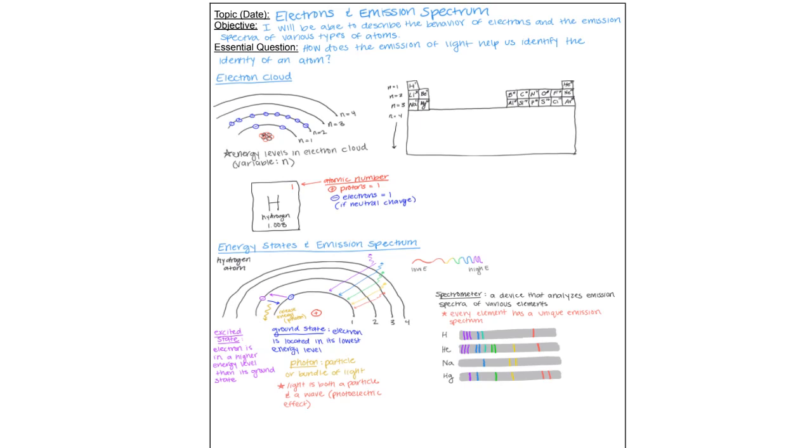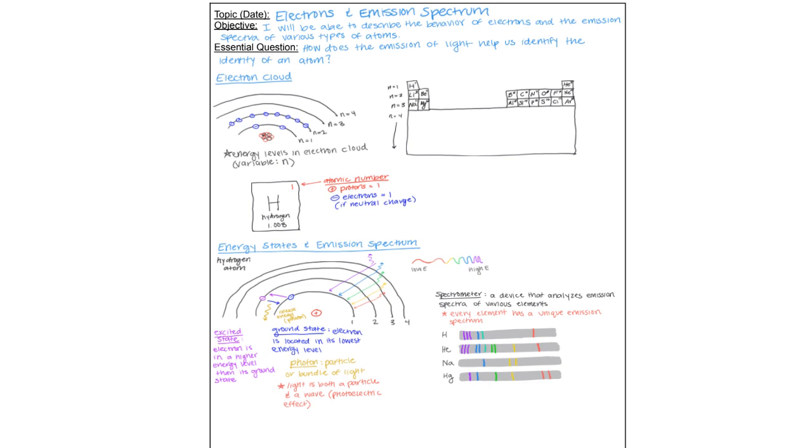So in the last video, we identified parts of an atom and the structure of an atom. In this video, we are going to specifically focus on one particular part of the atom, and that is the electron and the electron cloud. So our topic for today is examining the emission spectrum, and we'll explain what that means due to various electrons